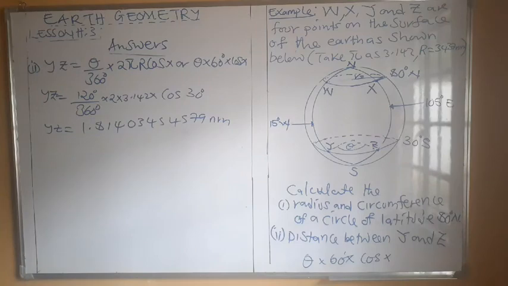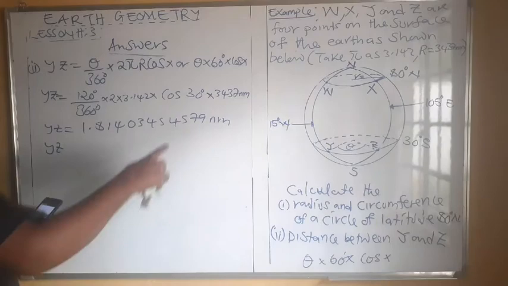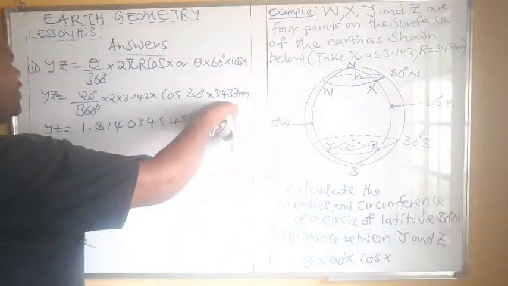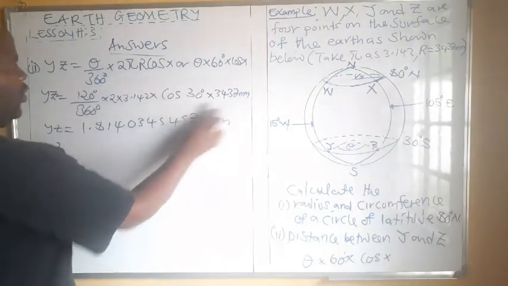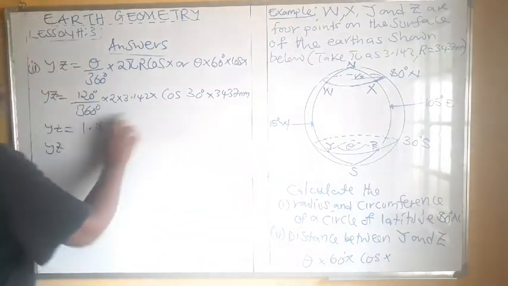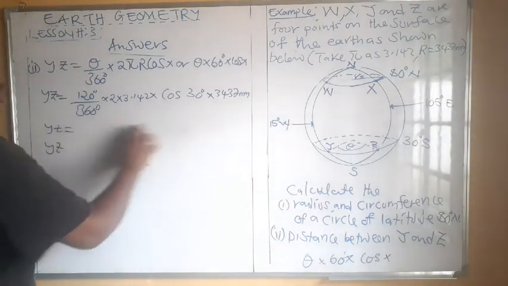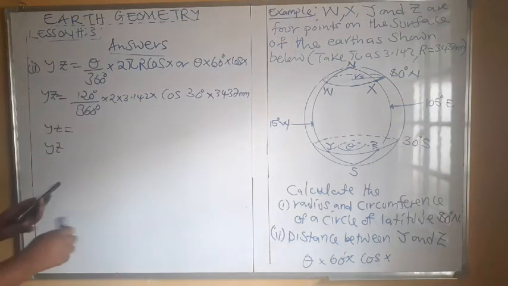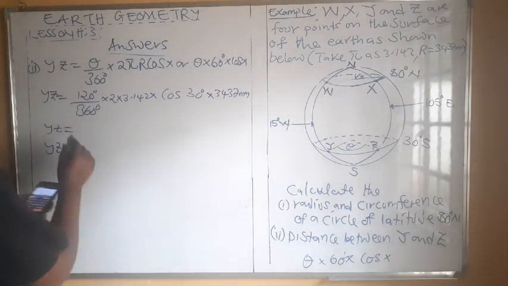So why is it? Take note here, we had left out the radius. So we are supposed to indicate, even on your calculator, whatever answer that you have found, you multiply by that radius. So the final answer would be